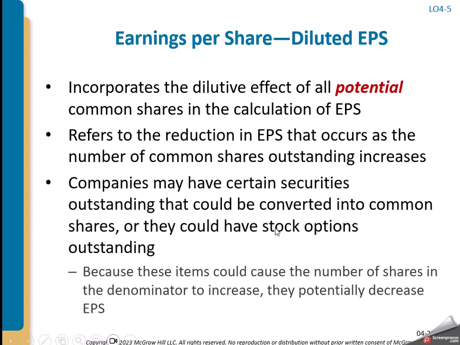It's the same top, but it's saying, okay, we maybe don't have the common stock outstanding, but there are things that could happen that would result in those shares changing. So say we had preferred stock that could convert into common stock. Say we had bonds that could convert into common stock. We have to show as if those conversions happened, what would be the shares outstanding and what would that do to our earnings per share, because they have the potential of